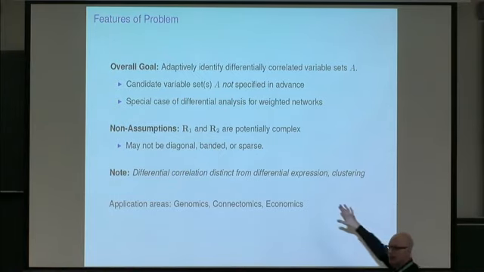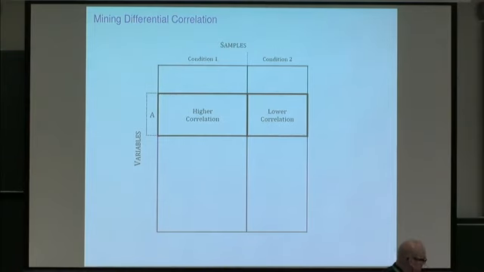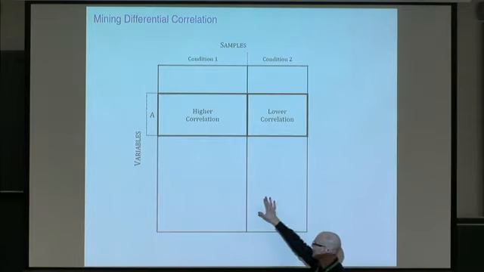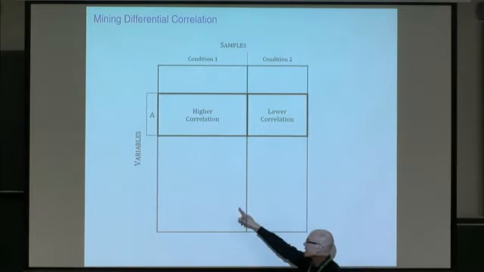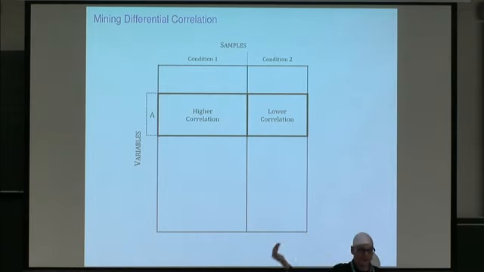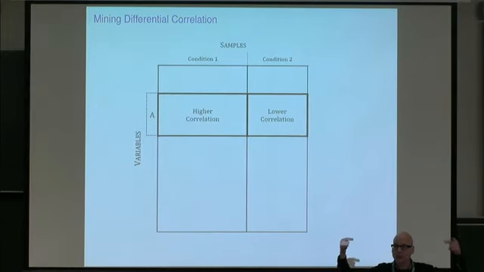Really important is differential expression, if I can go back to my picture again. This is kind of what drove the development of false discovery rates early in the days of gene expression. People had gene expression measurements under two conditions, and wanted to find variables where they saw a significant difference in expression from one condition to the other. So people did a ton of t-tests, or maybe tweaked t-tests, and then wanted to figure out which of these genes were significantly differentially expressed. That is what I would call a first-order analysis, because you're only looking at individual genes one at a time. What we're doing here, and what networks are about at some level, is second-order analysis. We're looking at relationships between pairs of objects.